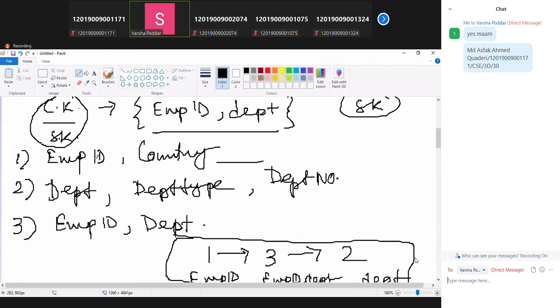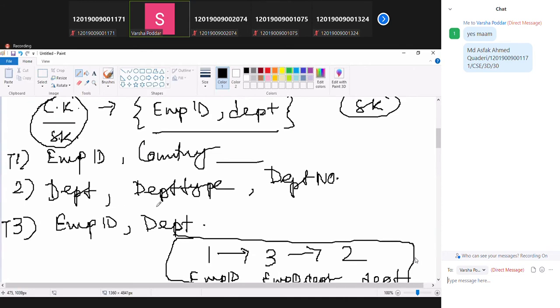Employee ID to table number 3 is employee ID. Where you find the department, then you join the department with table number 2. So table 1 natural join table 3 natural join table 2. Or if you do normal join, then T1 dot employee ID equals T3 dot employee ID